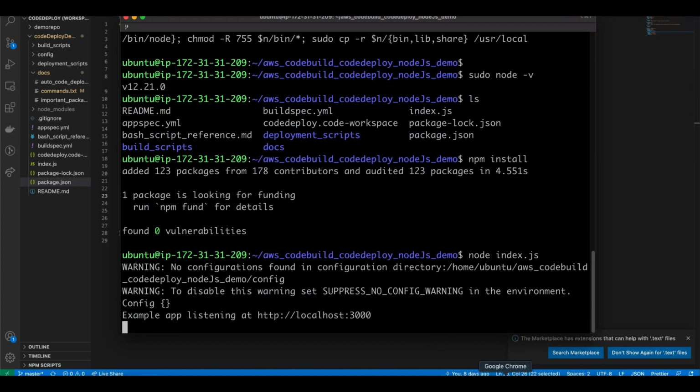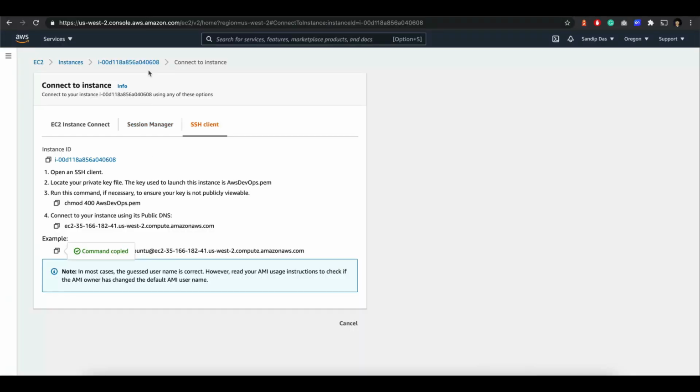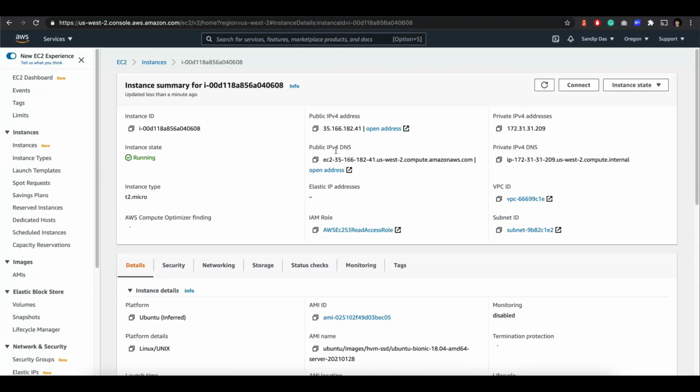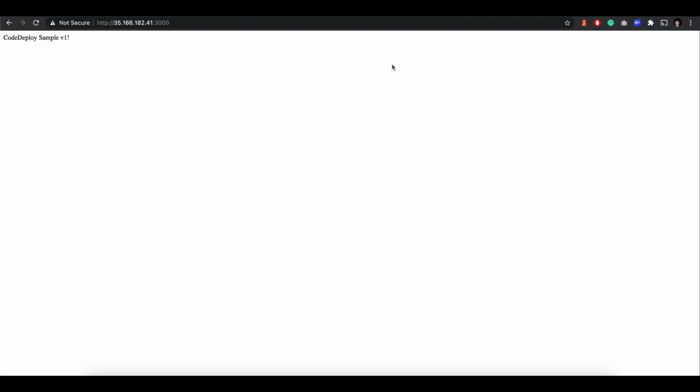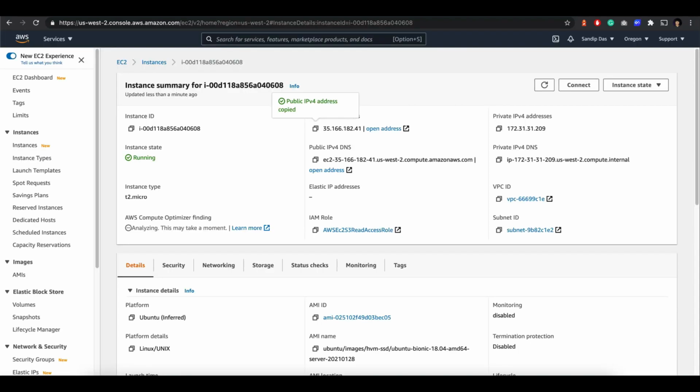Okay, now if we run it here, it should work fine. If we go to EC2 and we have the IP here, and we try to access via the IP, it should work. Yeah, it's working. So we now have a machine which is working fine. Now let's create an image from this machine, and using that we will create the launch template. Okay, let's do it.